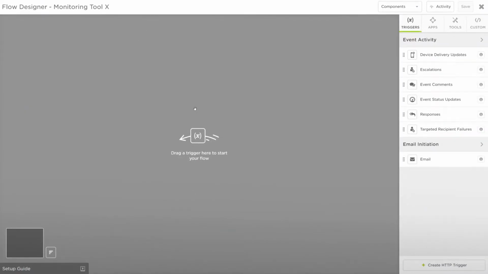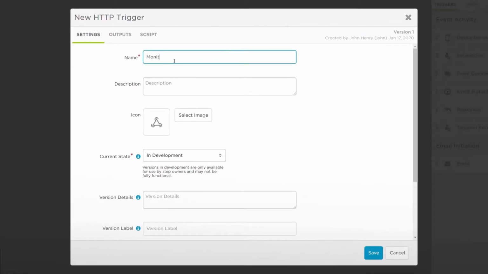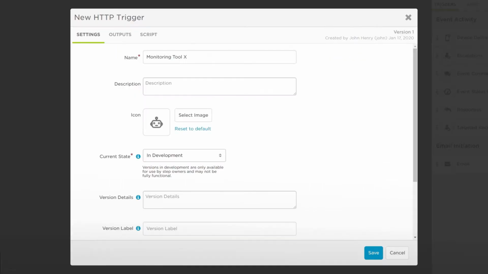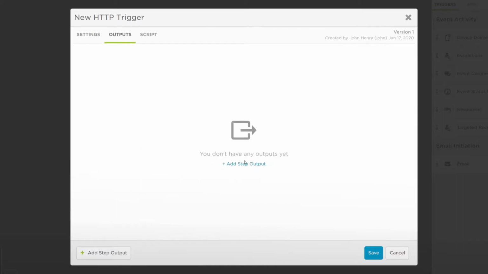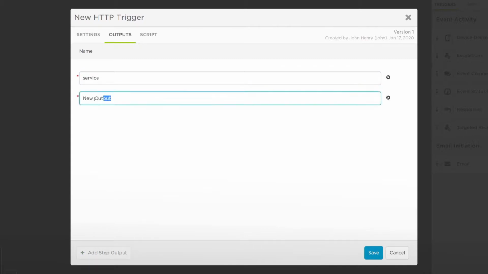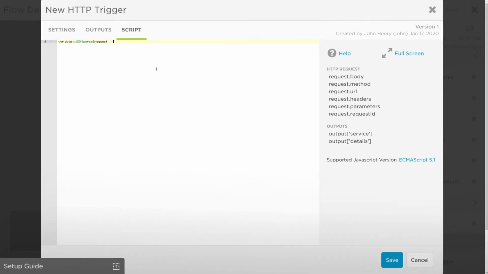To start the flow from an external system, we'll need to add an HTTP trigger. Give it an easy-to-identify name, and let's customize the icon, and change the current state to deployed so it's fully functional. We'll be adding two variables as outputs, service and details. Service contains the potential systems we could have issues with, and details contains the technical information to relay to our support teams. In the scripting tab, let's add a short script transforming this data from JSON in the request body